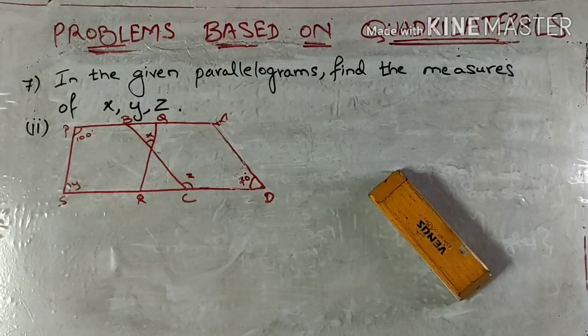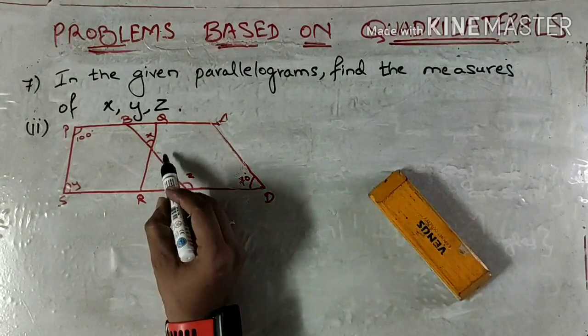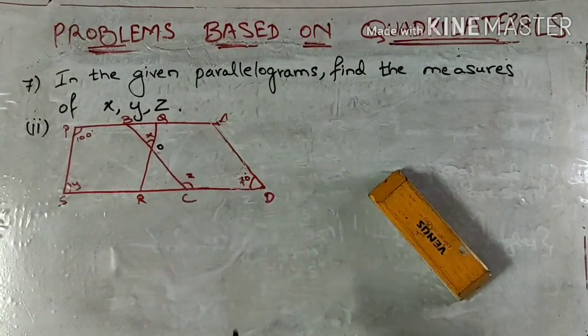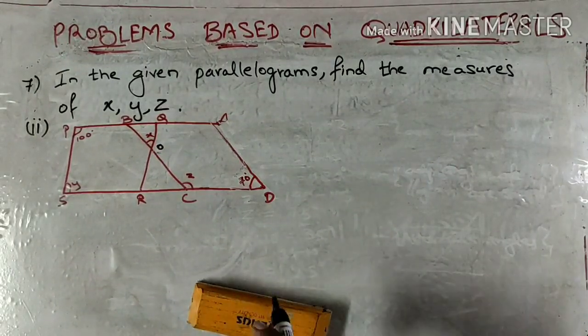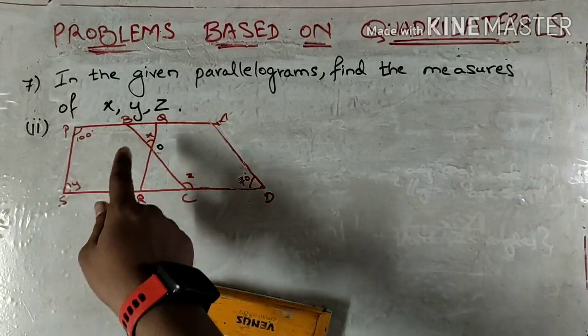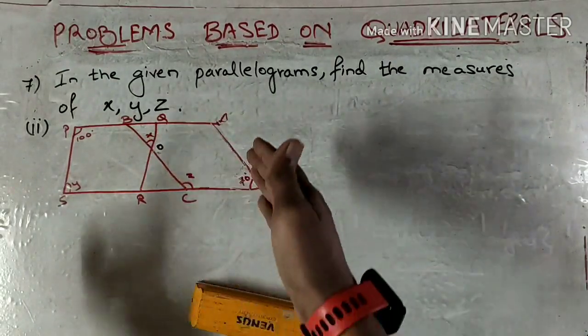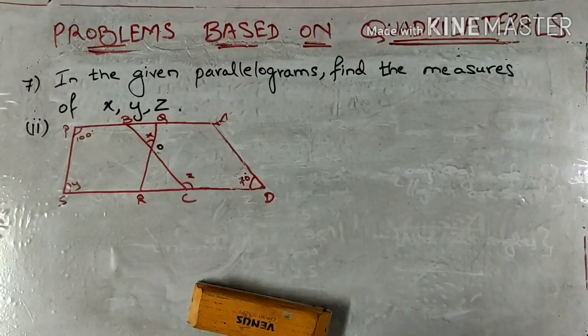Okay, looking at this beautiful diagram, we need to plan out how to go about finding the values of x, y and z. So let us start from one of the corners over here. This seems to be simple for me. Before that, first label this point of intersection as O. We know that the sum of the adjacent angles of a parallelogram is 180 degrees. So we consider two parallelograms over here. It's given in the question, though the whole diagram does not look like a parallelogram as such.